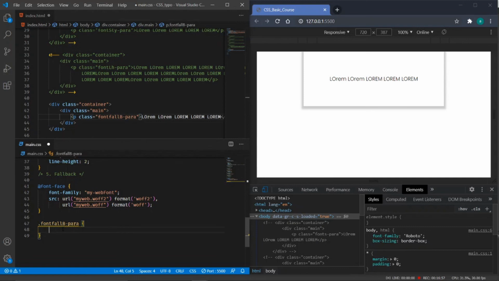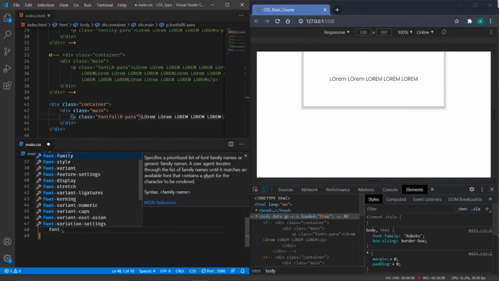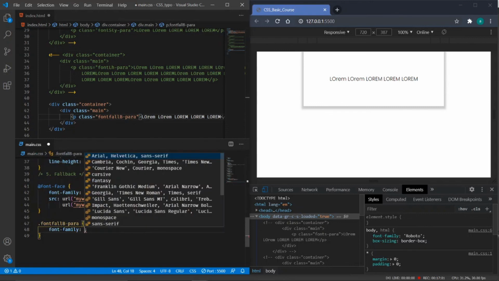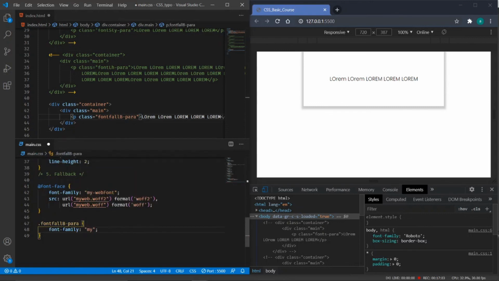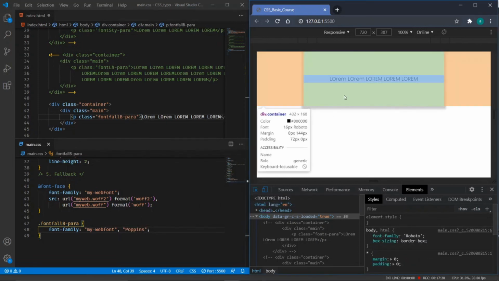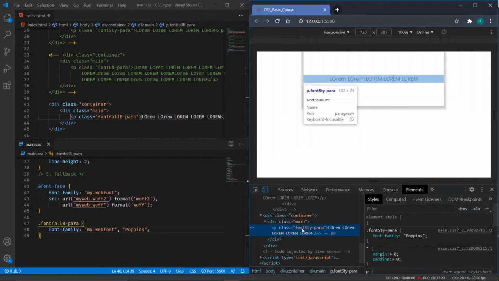So as you can see, in font family I will first add my web font. Second one is the Poppins.